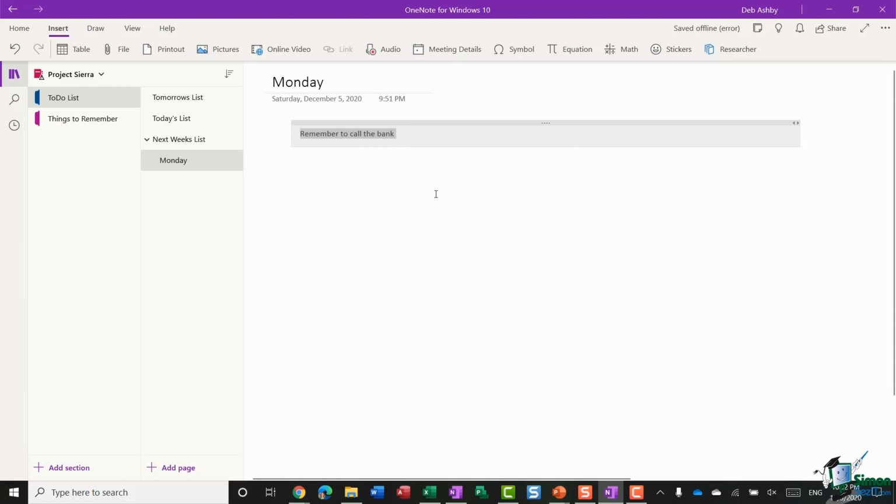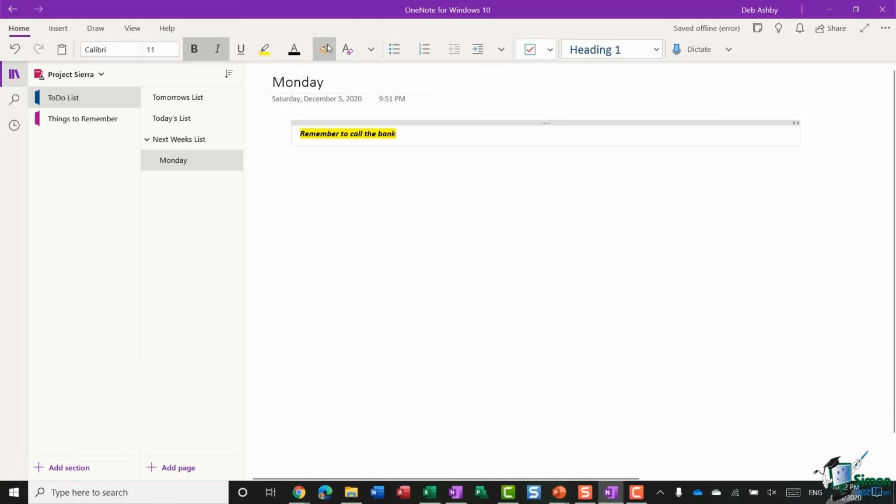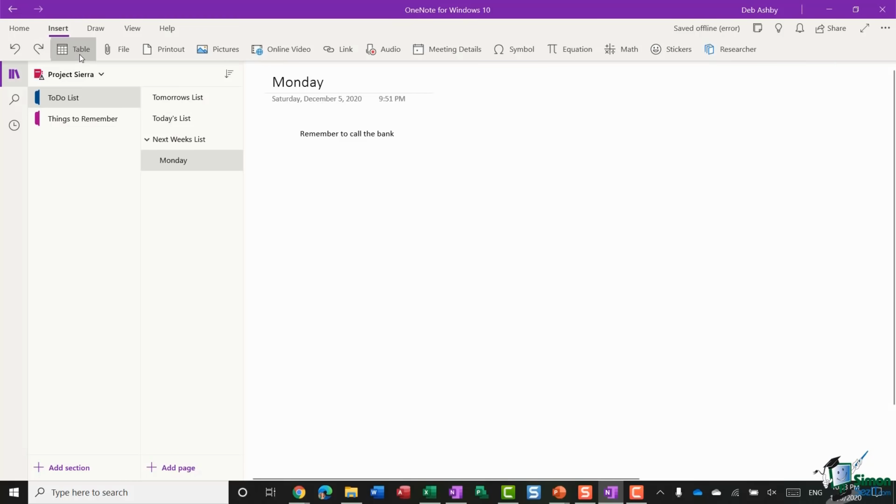Now when it comes to formatting text that you have within placeholders, if you jump back to the Home tab, this is where you're going to find all of your formatting options that you have available. So I can make this bold, I can make it italic, I can highlight it, I can even do things like copy the formatting using Format Painter, or add things like bullet points and numbered items. Now I'm going to undo a couple of times just to take that back to the plain text, because what I want to focus on in this particular lesson is things that you can insert into your notebook. So let's jump back to the Insert tab